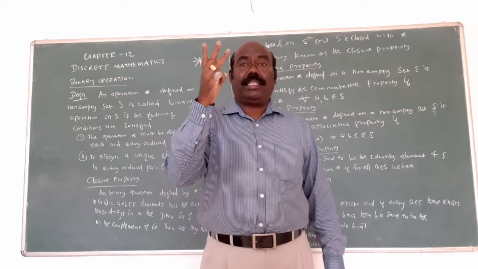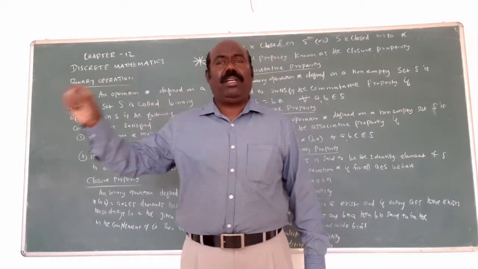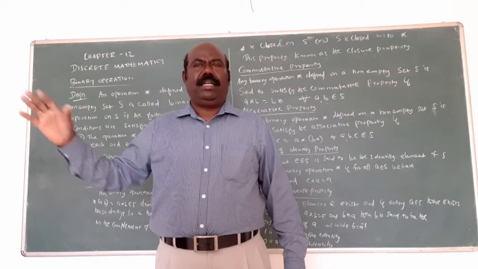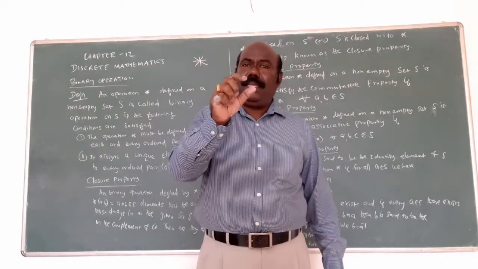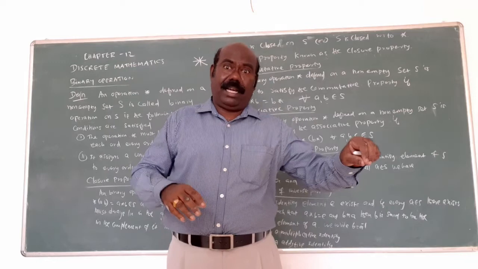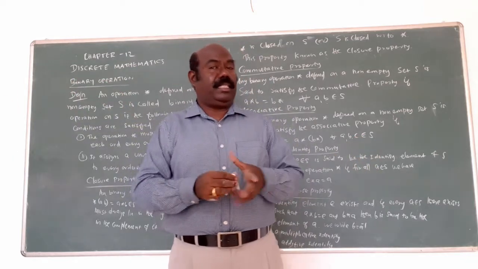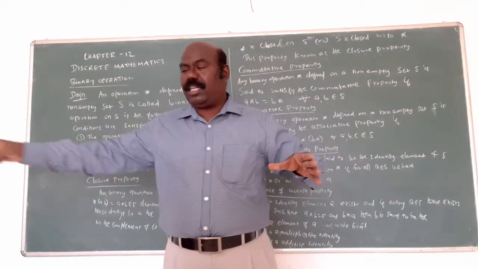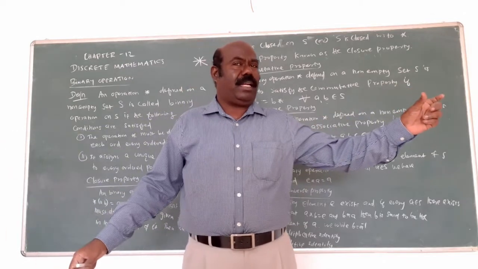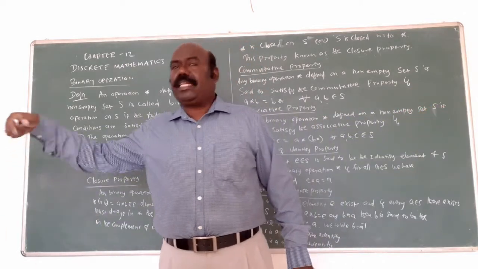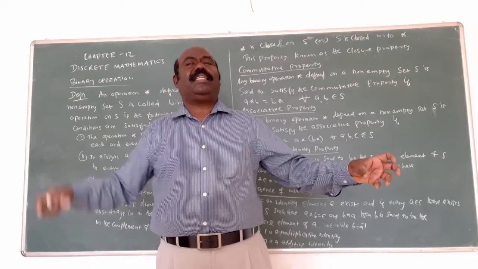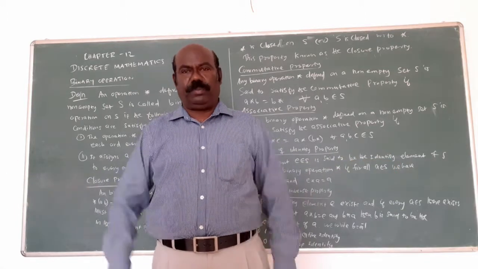Associative means you take 3 elements A, B, C belonging to that set. Now (A star B) star C equals A star (B star C). Listen here, A B C, here also A B C. First you put a bracket on the first 2 elements, here the bracket on the next two. You find the LHS, which should be equal to the RHS.